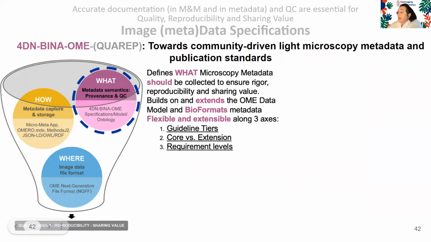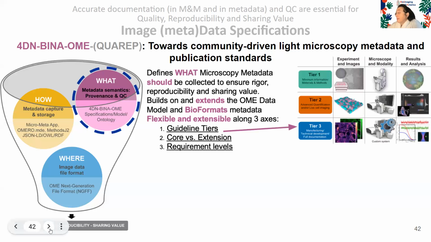We didn't want to start from scratch, so we started from the Open Microscopy Environment model, and with 4DN and BINA and now QUAREP, we are working toward extending these specifications, and in order to make them as flexible as possible,